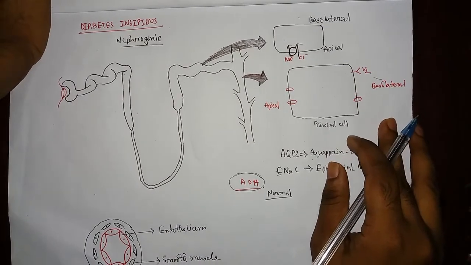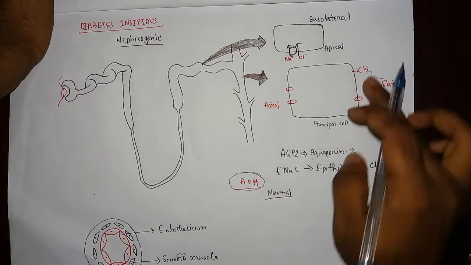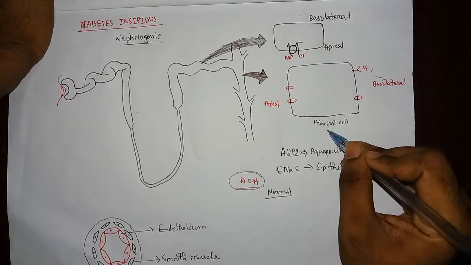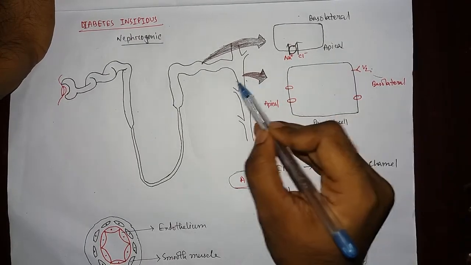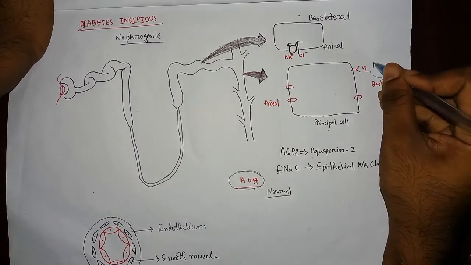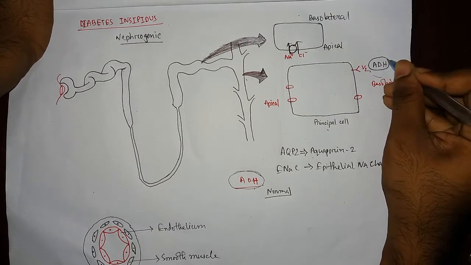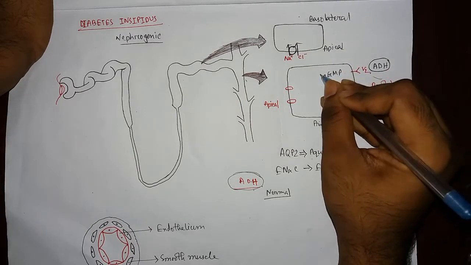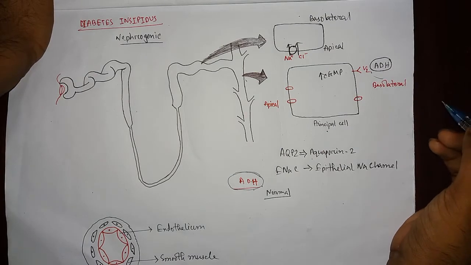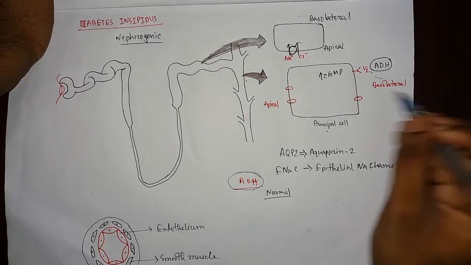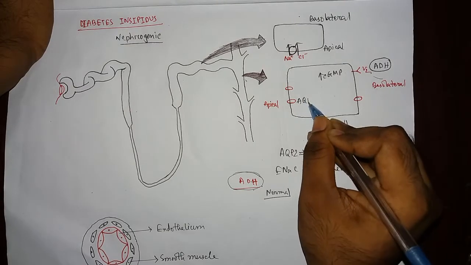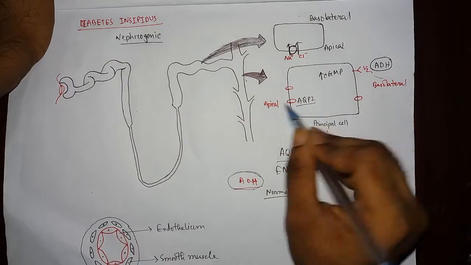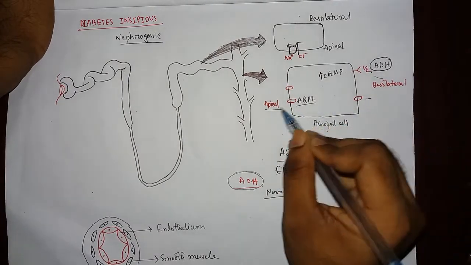Now let's see what happens when antidiuretic hormone binds with the V2 receptor in the principal cell of the collecting duct. When it binds, it causes cyclic AMP to increase, and increased cyclic AMP expresses channels, that is the aquaporin channel AQP2, aquaporin 2 channel, and this aquaporin is expressed both in the apical site and in the basal site. And the presence of